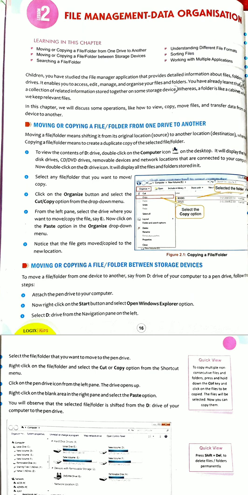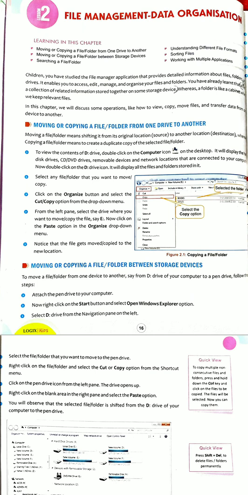Now double click on the D drive icon. It will display all the files and folders stored in it.